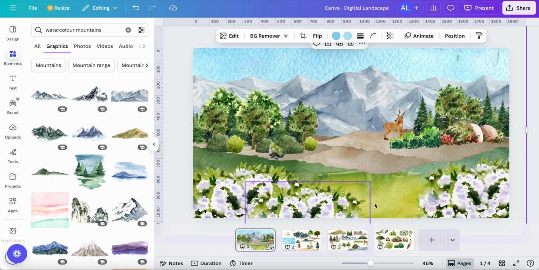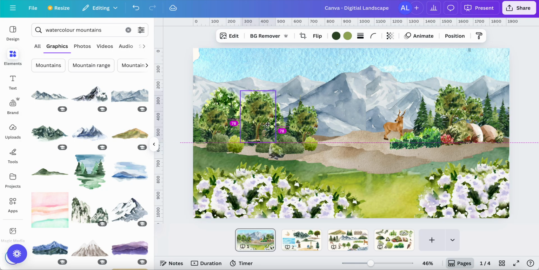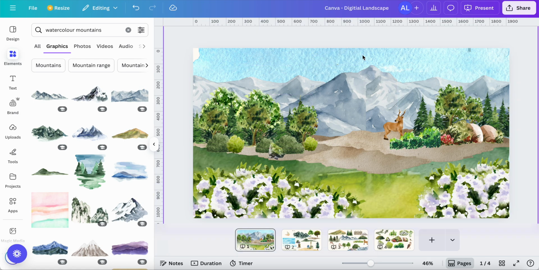And then my foreground, I have some greenery for grass here, and then I have these bushes of white pretty flowers that are right up at the front, and appear larger than other things that are in the middle ground and background. So again, these are all little pieces that I've just added here to play with. And basically once you are done your landscape, once you're happy with how everything is sitting